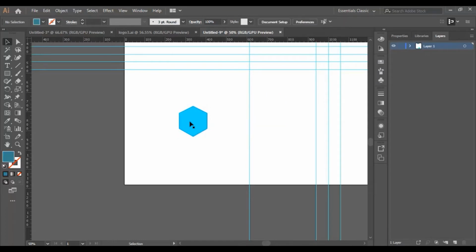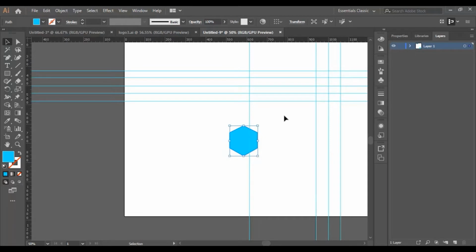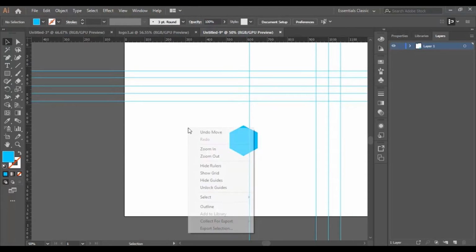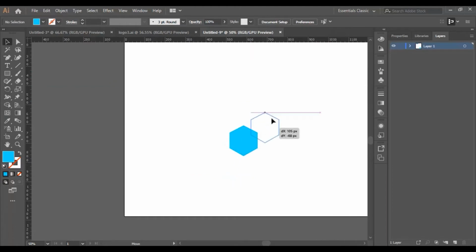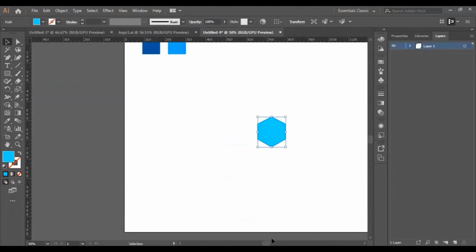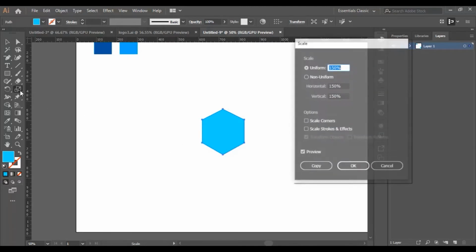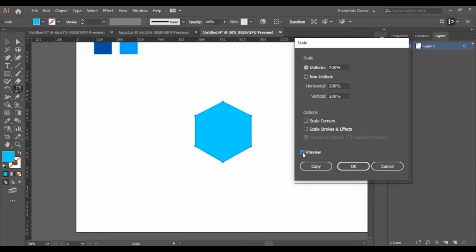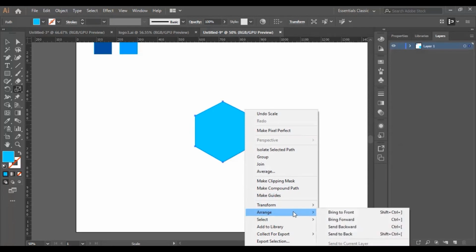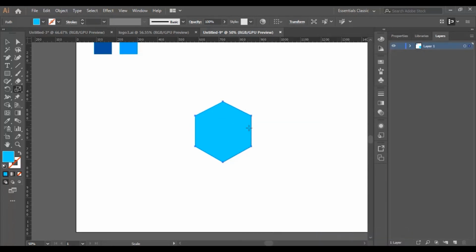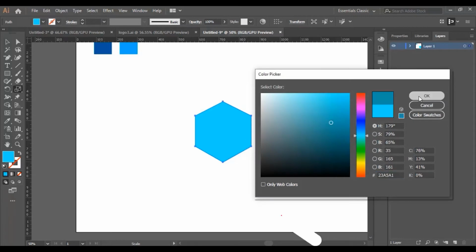Now I remove this one and I will keep this one. Now right click right here and I hide the guides. Here we are to hide the rulers. Now I'm going to duplicate the shape. I select the scale tool, double click, and I have here the uniform already checked. I'll make it 200%. Make preview and to see the result, then we click copy, right click, arrange and send to back to make the bigger shape